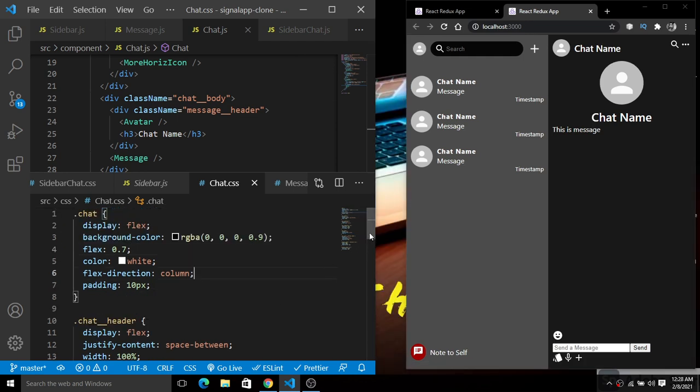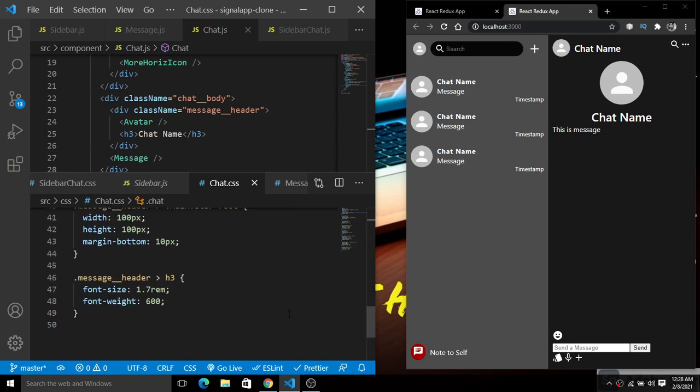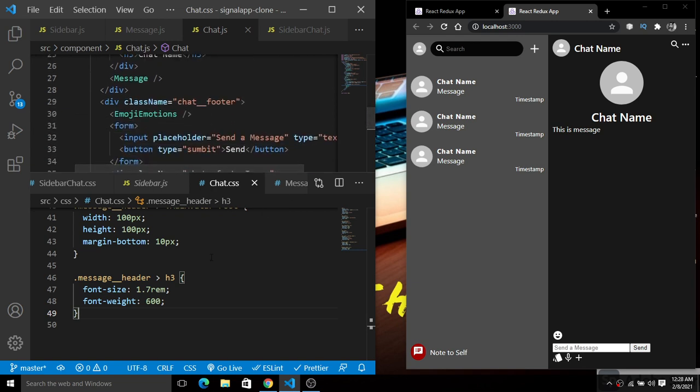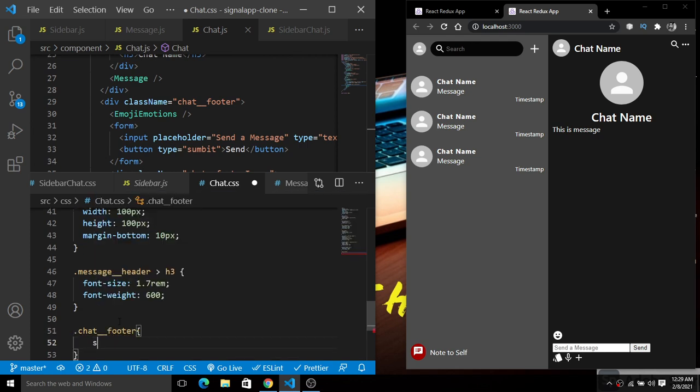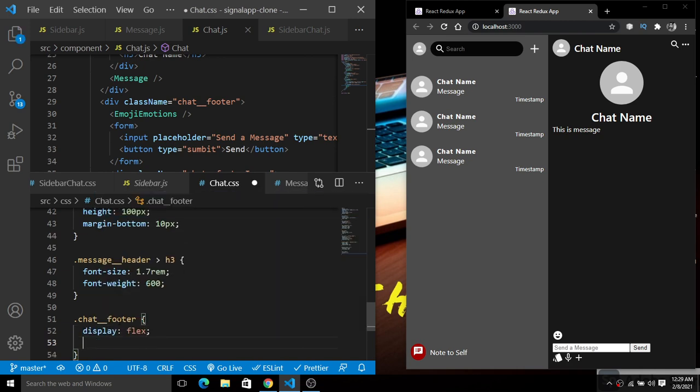So next, it's time to target the message, so I will do it later. For the message, next we are going to target the footer section, or chat footer section. Okay, so next we have this chat footer. Here we'll simply grab this chat footer class first of all. For this chat footer class we'll simply give the display of flex, save this. Okay, so now it will be centrally in a row. Got it? So this is the exact way we want this.